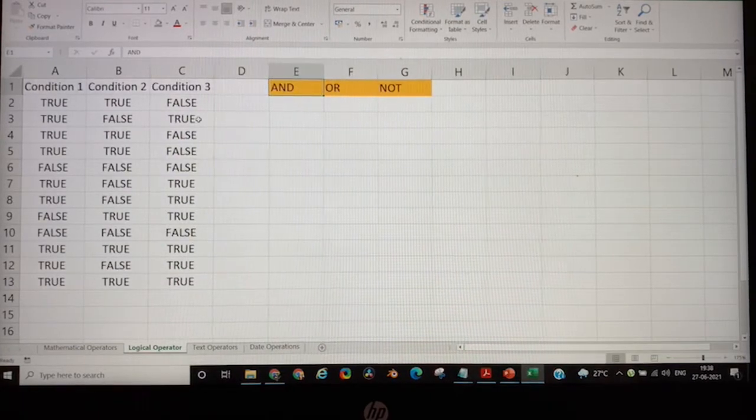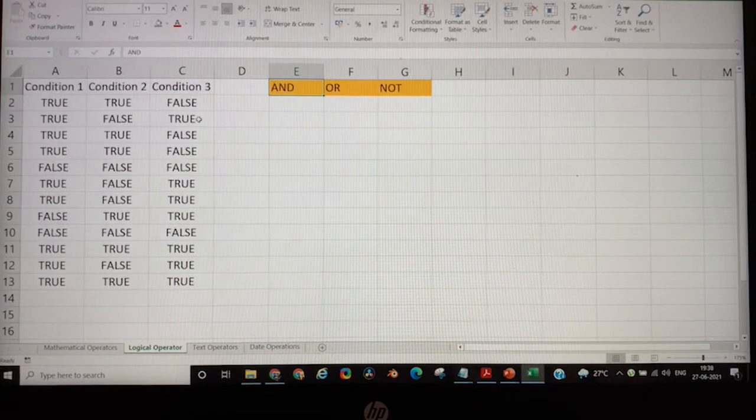So let me try to give you a very simple example. Suppose you go to a mall or you go to a cinema hall to watch a movie, and you have this condition in your mind that I'm going to watch a particular movie, and only the 7 p.m. show. So until both the conditions are met, you're not going to watch that movie. But let's say you say that I'm going to watch a movie, and if that movie is not present, I'll watch some other movie. So that is OR.